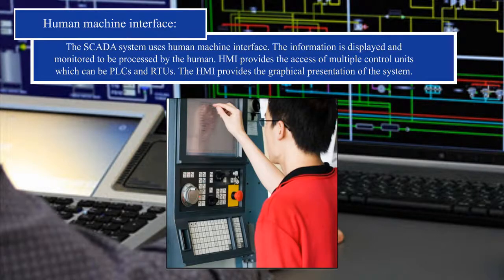The human-machine interface. The SCADA system uses a human-machine interface. The information is displayed and monitored to be processed by humans. The human-machine interface provides access to multiple control units, which can be PLC and RTU. The HMI provides a graphical presentation of system